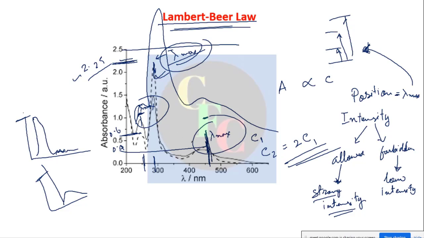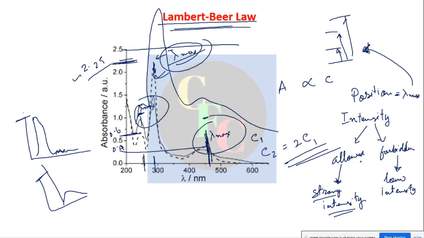They are allowed, but again, you cannot see it clearly. There is a d-d band also, a d-d transition. For example, this is for a metal complex. There is a d-d band, we cannot even see it. If you increase the concentration, then only you can see it. But in that case, we will not be able to discern all these peaks, because that is very low intensity. Okay, we are not talking about allowed and forbiddenness now. So first of all, any UV visible spectra gives us two things, that is the lambda max, the position, and the intensity.